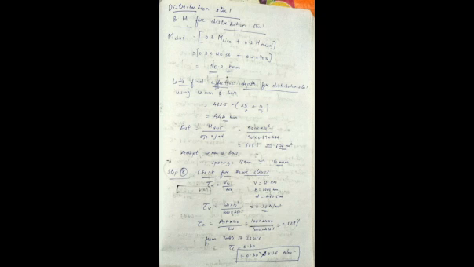Let's see the tau C. 100 AST by B d. AST is the highest area of steel, whatever we got, 2414, so 100 into 2414 by 1000 into 462. That is 0.528 percent. From table 17, I'm getting tau C as 0.3. So 0.3 is greater than 0.26 and it is safe. So here we have completed this revision of class A tracked vehicle. If needed, you can ask me questions. We'll solve it. Anyway, thank you as of now.